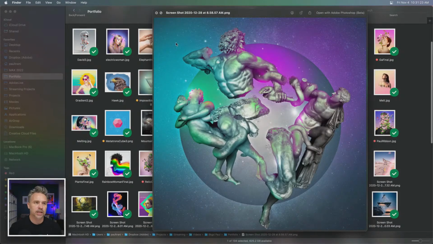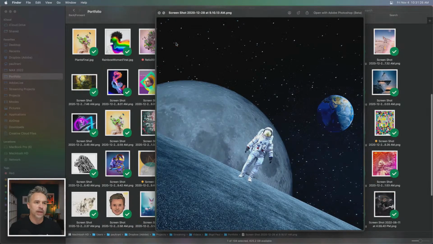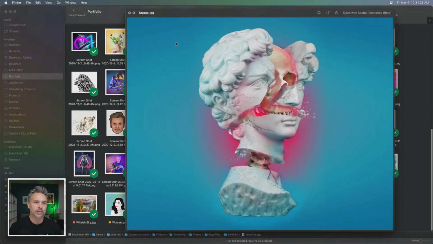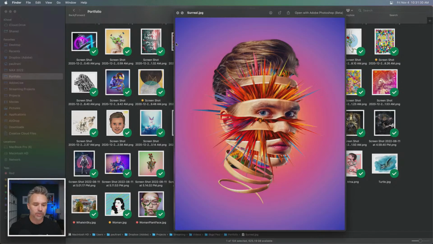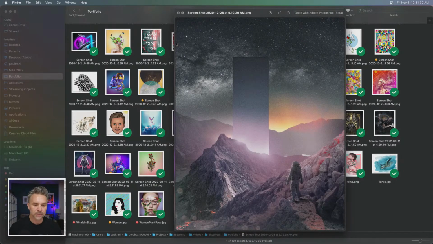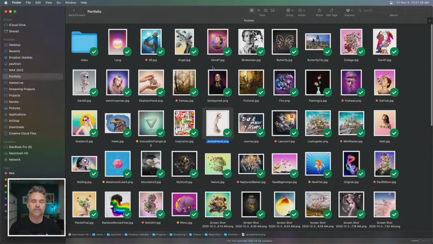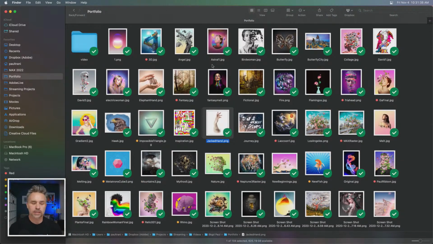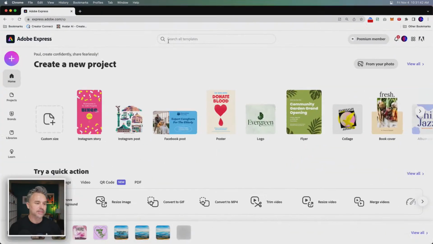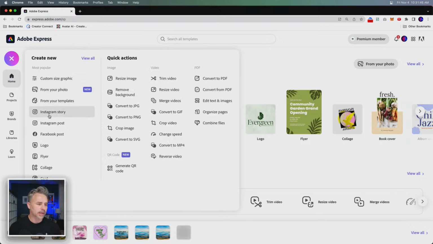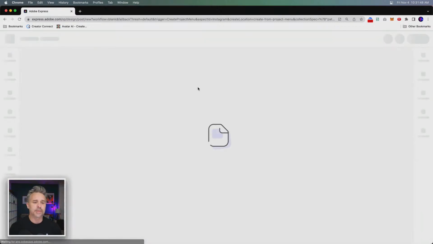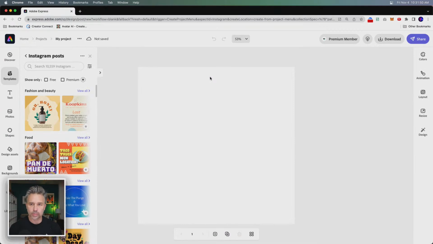Whatever that might be. I'm just clicking through some things, and I'm not even saying a lot of this is that good. When you look at older work, you think, oh, what was I thinking? That's a good sign of growth. But how can we highlight some of these in a fun way on social media? That's the goal. Here's all my work just hanging out on my hard drive. We'll jump into Express and quickly say make an Instagram post. That's where we'll start. But it's good to have you guys here.